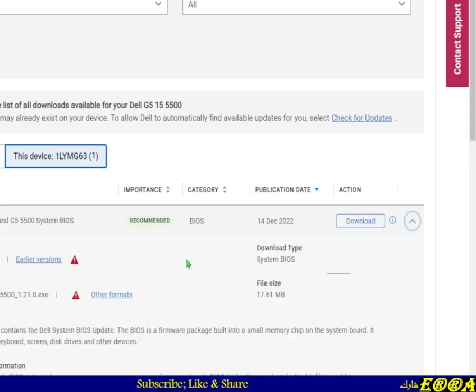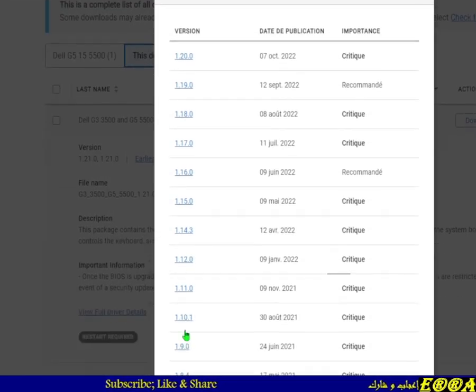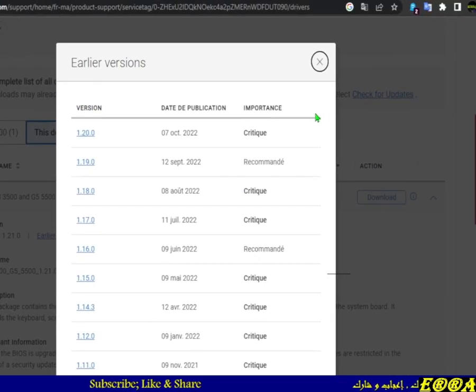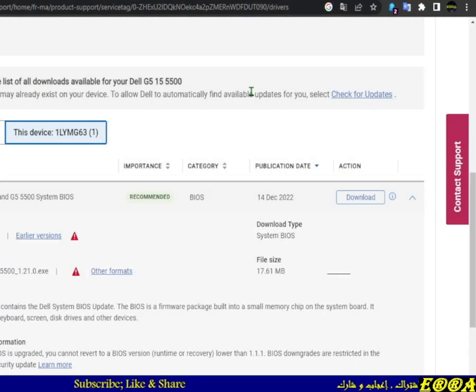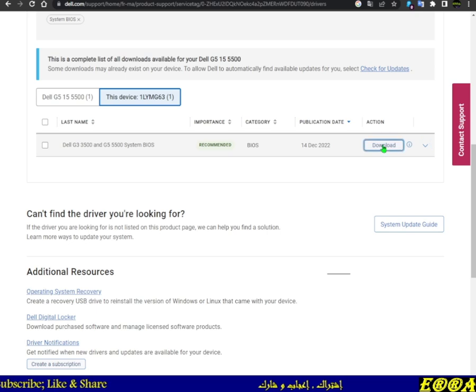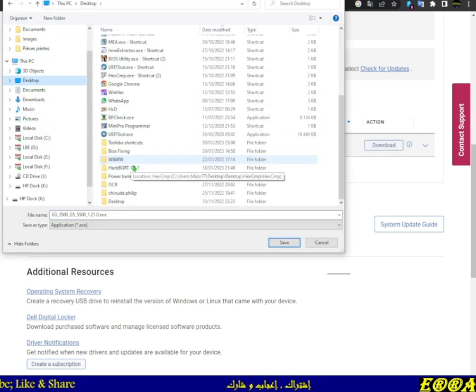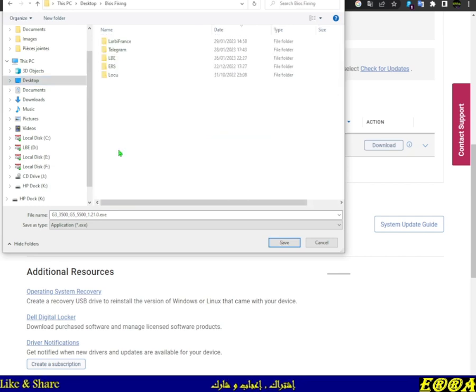And if we need other versions, we go to earlier versions like this, and we select the appropriate version depending on the repair which we will do. If we, for example, need to downgrade the BIOS of our machine. In our case we will just use the last one, and let's put it in our working folder in BIOS fixing, and let's order by date like this